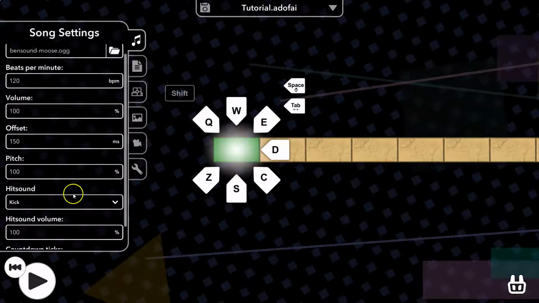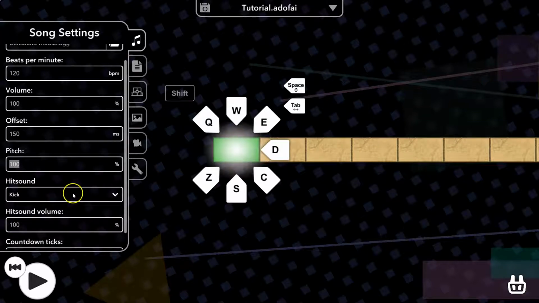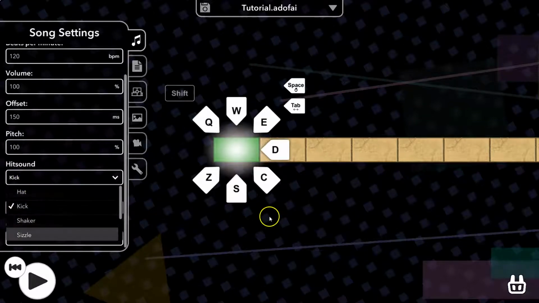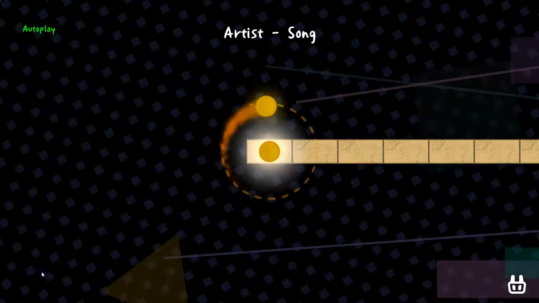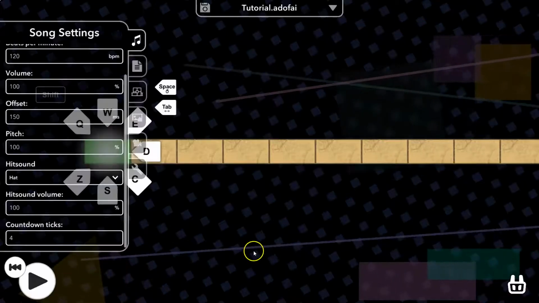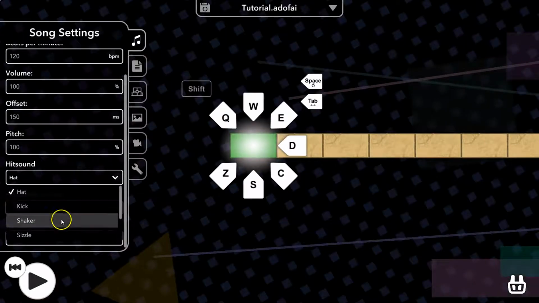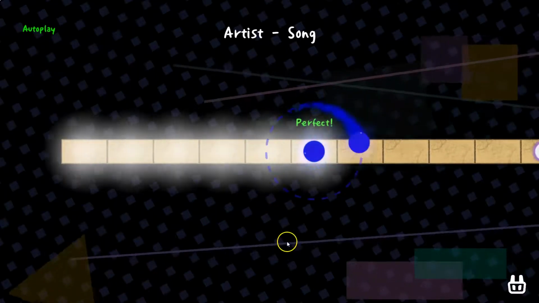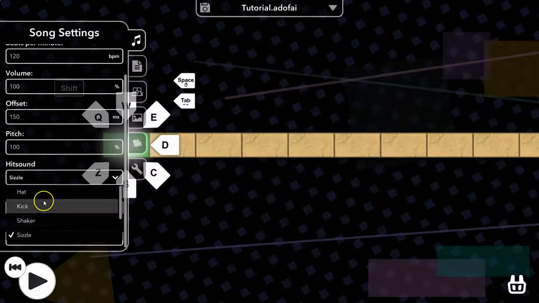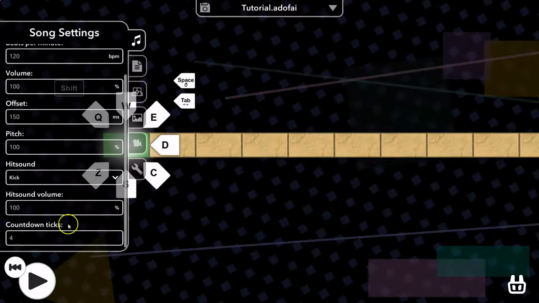The next thing is your pitch. This will change your speed and sound. It makes everything crazy. You have your hit sound, so when you hit the button to click it, you have different sounds. So there's like hi-hat, kick, shaker, and sizzle. Kick is what we have it at, and shaker is just like a little sh. So hit sound volume. Also, you can change that so that it's not as abrasive. And then countdown ticks is for when